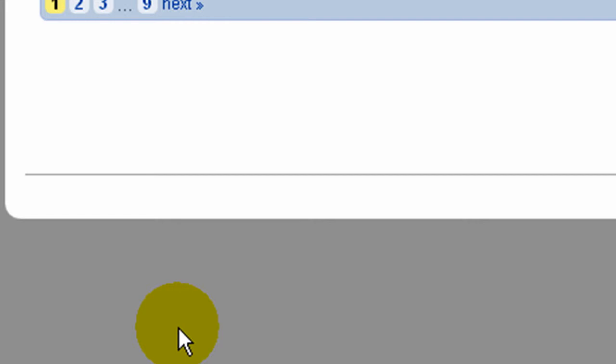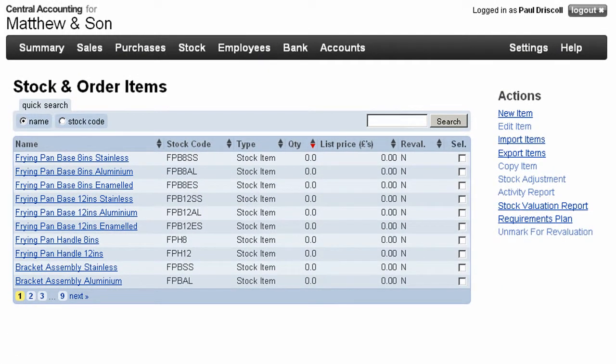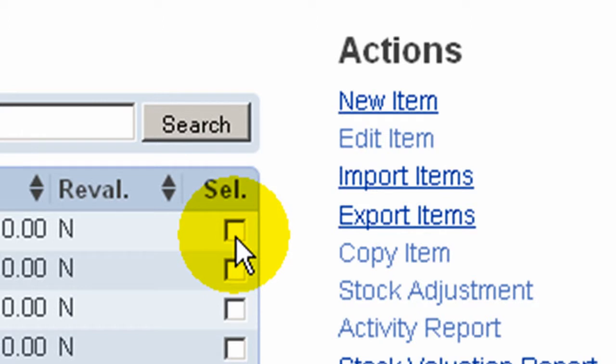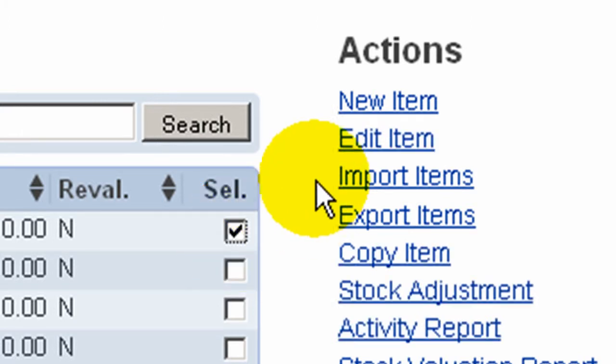So how has that requirement plan actually been achieved? Well, if we take by way of example the 8-inch stainless steel pan base and take a look at that item,